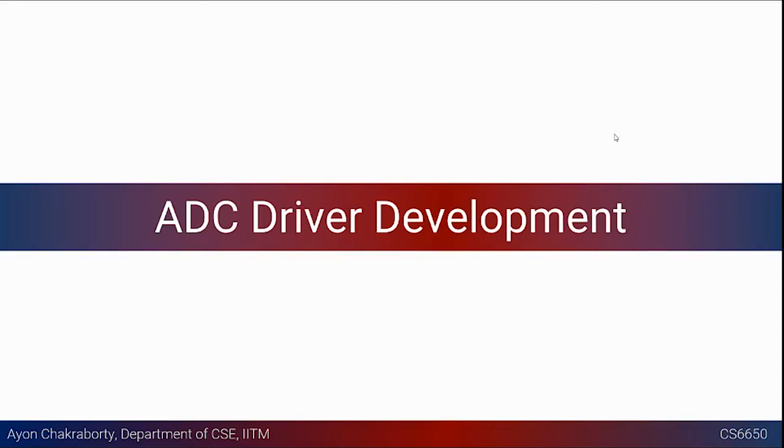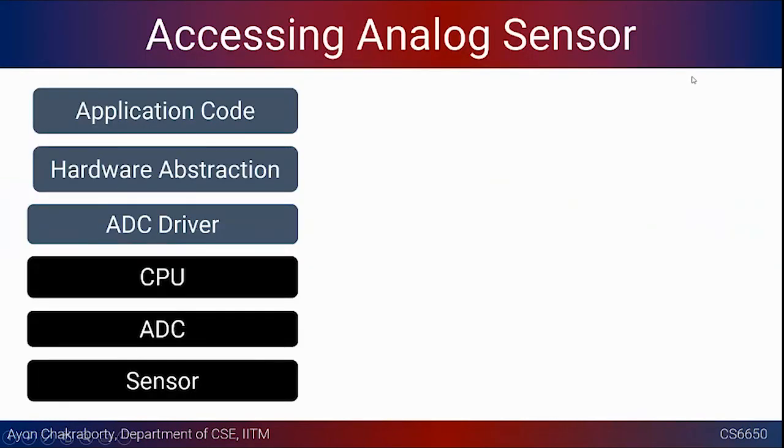But most microcontrollers will give you something very similar. Maybe the high-end microcontrollers will have a higher number of bits in the ADC, but you'll get most of the concepts here. Here we have this 10-bit ADC, but if you are using some other high-end microcontroller, you can still have 12 bits or 14 bits. So I'll tell you how the software for this analog to digital converter is written.